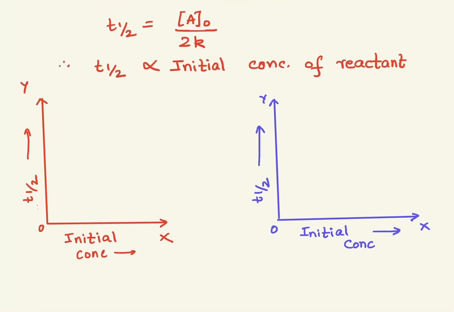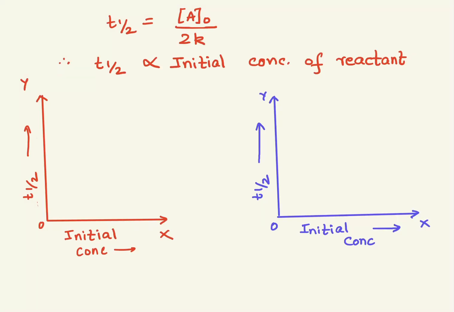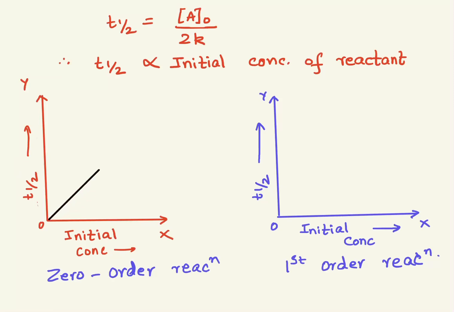So let's compare the half-life vis-a-vis initial concentration, let's say for a zero order reaction and for a first order reaction. How will the graph be? Now will come the actual understanding. Let's see if you can apply logic over here and tell me how the graph is going to be. You can pause the video, you can think about it. Okay, so for a zero order reaction, we said the half-life is directly proportional to the initial concentration. So my graph is going to be something like this. Yes, varying directly as the initial concentration.